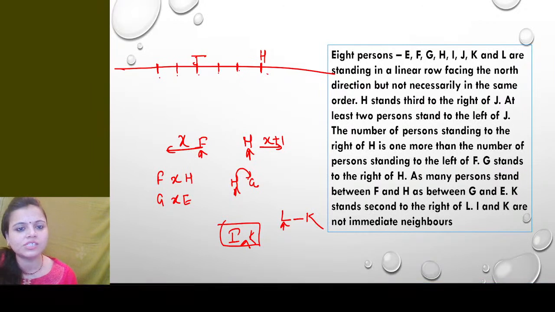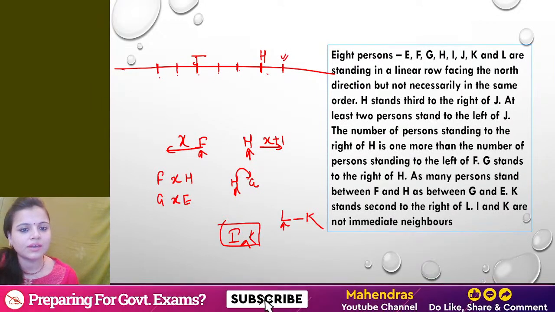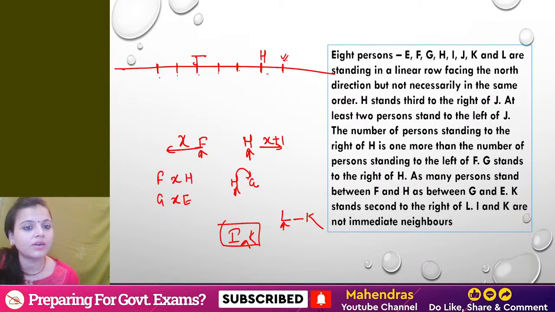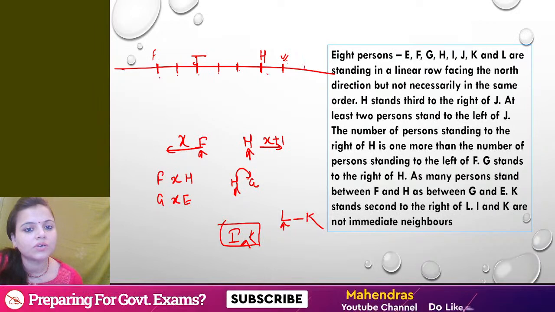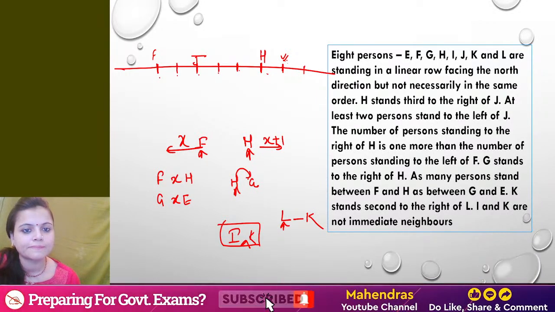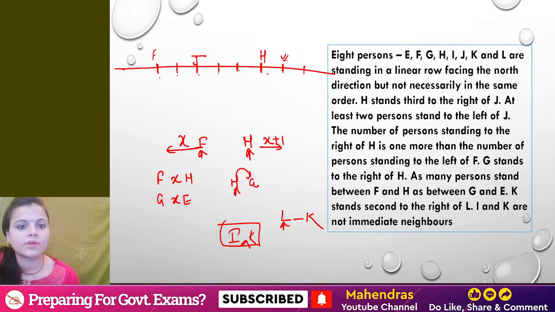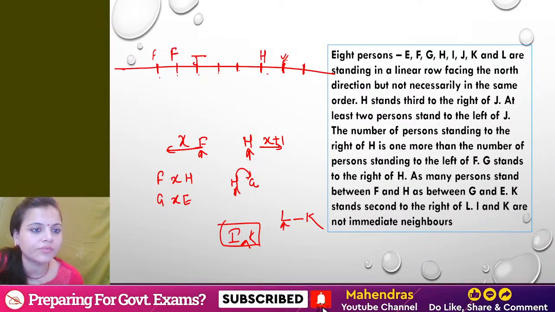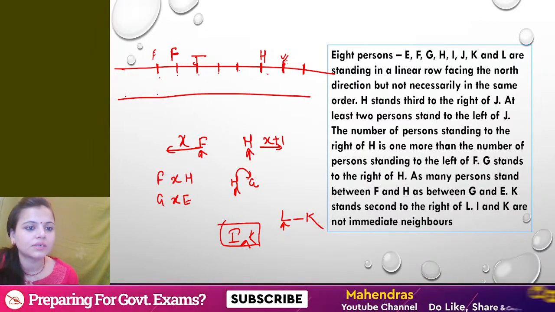As G is right of H, if you put G in this place, then on the right of H we have 1 place. Then on the left of F, 0 place. You put F in this place or G. If you put 2 places on the right of H, then 1 place on the left of F. This is one possibility. The second possibility is